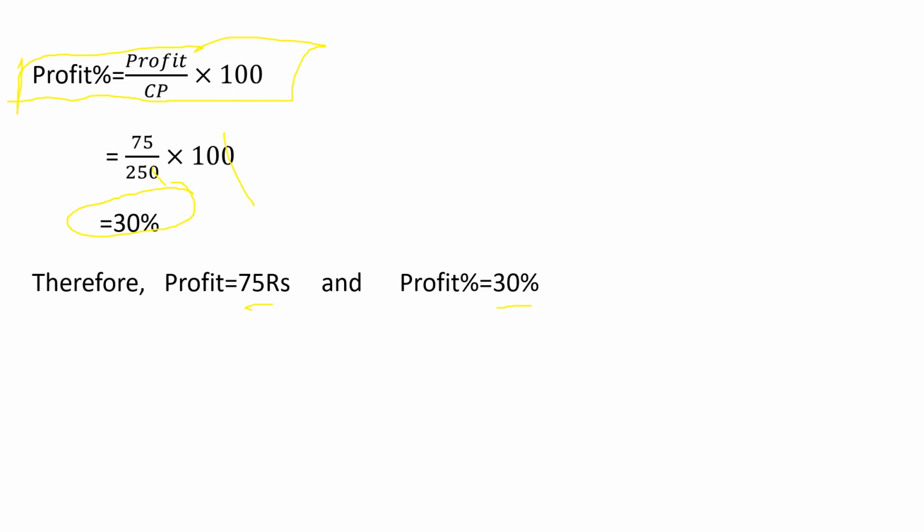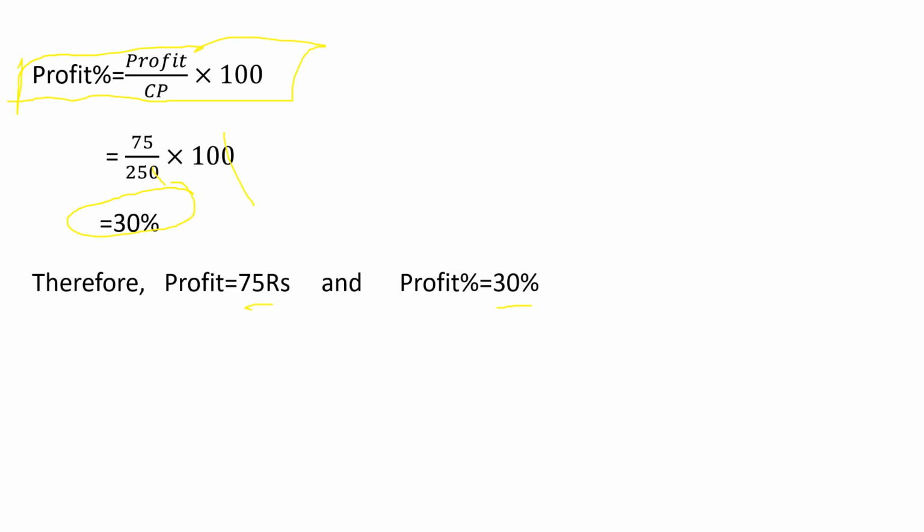This is clear, children? So how do you find the profit percentage and loss percentage? If selling price is greater, then profit, so you find profit percentage. If cost price is greater, that will be loss, so you find loss percentage. For this you need to know the formula, so first thing, learn the formula by heart. Then read the question, write down the given things, find out which is greater, CP or SP, and according to that do the calculation.